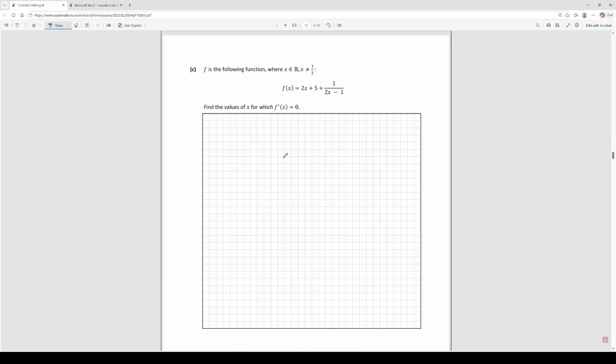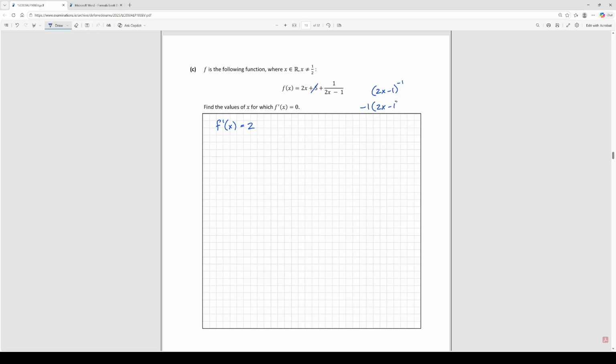F is the following thing. Find the values of x for which f dash x equals 0. We're going to differentiate it. F dash x, sorry, is going to be 2. The 5 would go away. I'm going to treat that as a chain rule, just so I don't have to do the quotient rule. So that would be 2x minus 1 to the power minus 1,